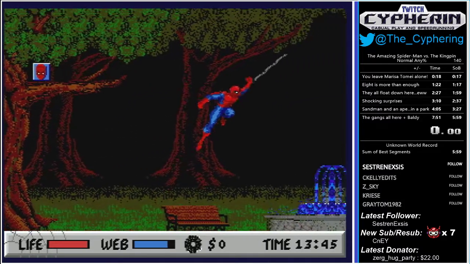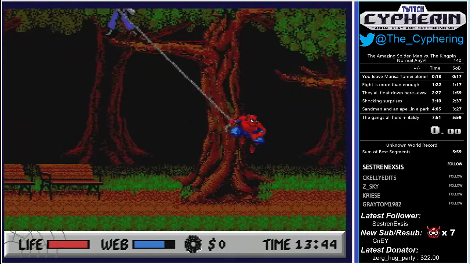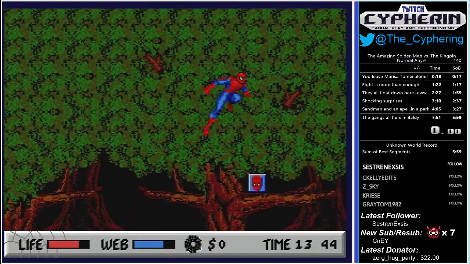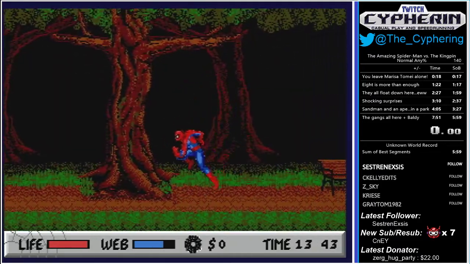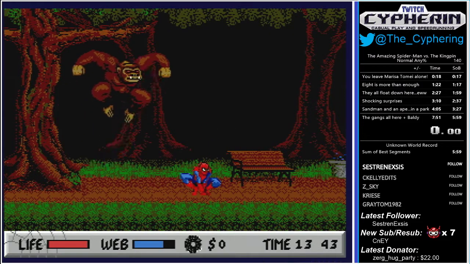We're going to skip that and just swing to the right, avoiding these SWAT members. If we do the hold down as we're web swinging, we can do those rapid web swings. This gorilla here used to be a really huge problem in the run, but thanks to Sharpie, formerly Sharpie Plays,